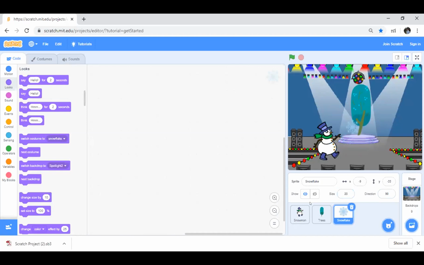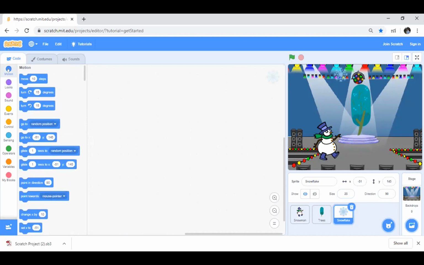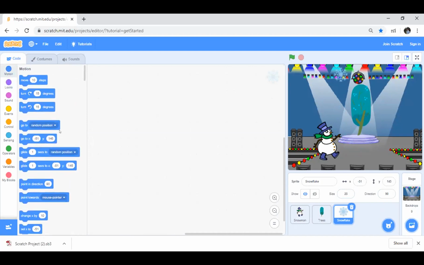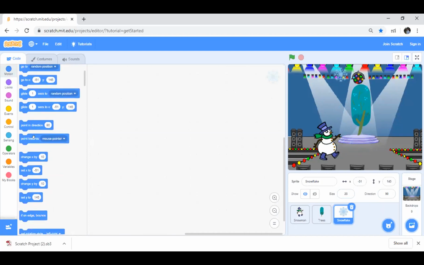Okay. Now we have to make sure the snowflake will fall from the top. So we will go to motion. We are going to specify there will be something called set Y. Just scroll down. Do we have a block by name set Y? Yes, sir. Okay, just drag and drop. Make set Y as 160.